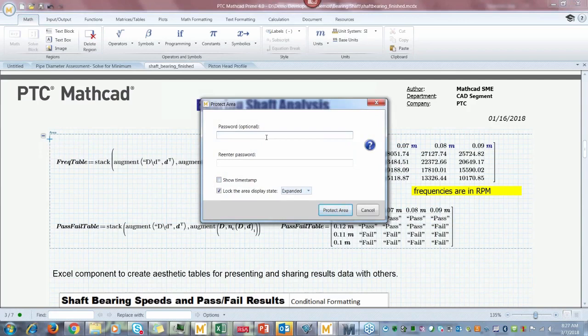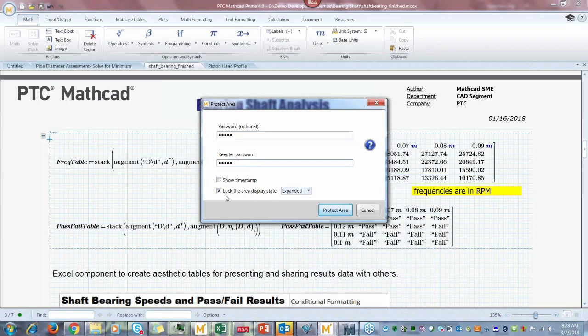So if we want to send this file electronically to somebody, and we don't want them to see what's inside of that area, here we just have formatting. But we might have some company proprietary calculations in that area. We might have sensitive data. We might have comments that we don't want anybody else, our customers, to read. Whatever it is that we want to hide, we can put a password here, "hello, hello," and then we can